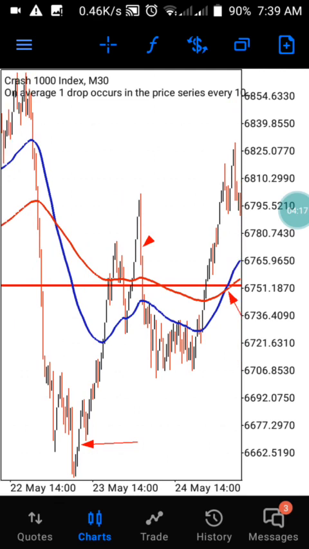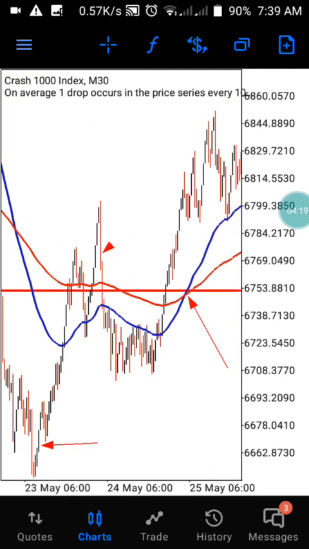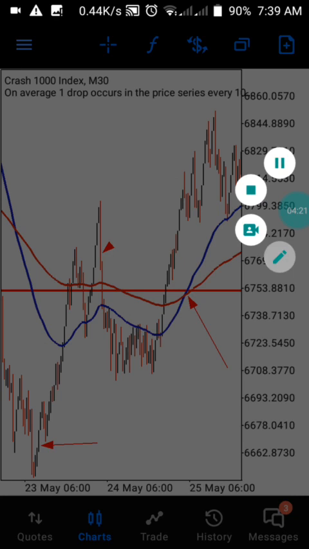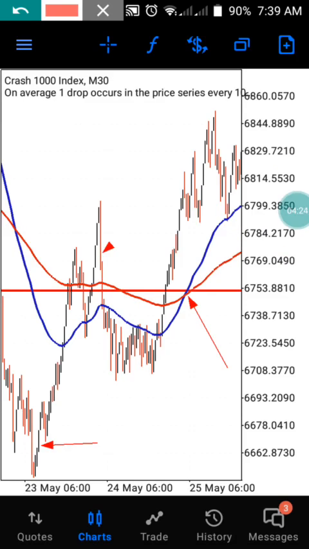From this particular crossing line, it will help you to identify the trend of the market. We have a crossing over at this area, and it was telling us that the blue line is crossing over the red line, which means we have an uptrend in the market. So you are going to find your entry at these particular areas. If you enter the market at these areas and place your stop loss at the last spike area, which is this area,